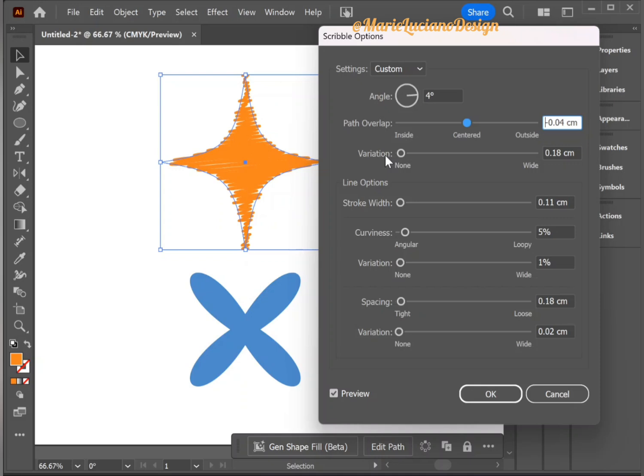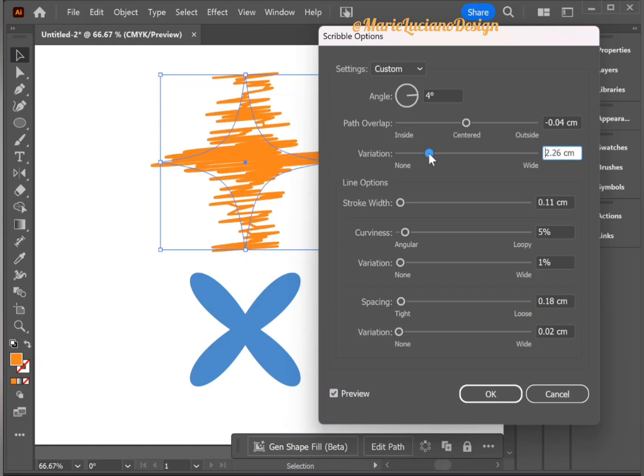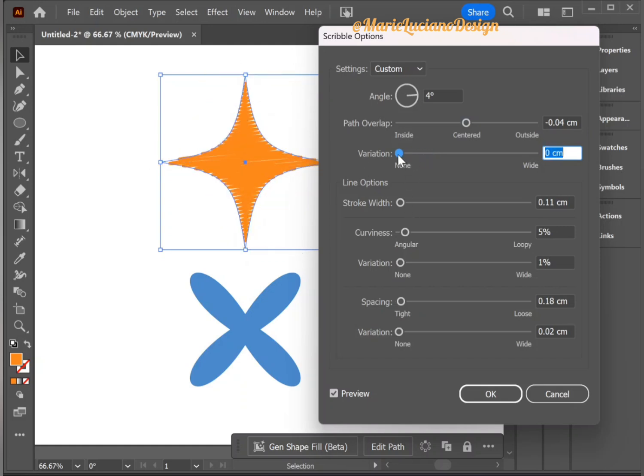And then we have the variation. This is the randomness of the overlap. So we start from none, which is very low, and while we increase, the more wild it gets. I'm going to go ahead and put it back to 0.18 like it was to begin with, and then we